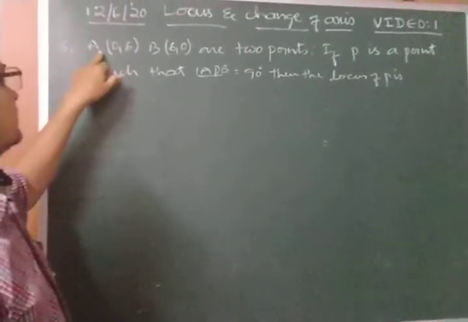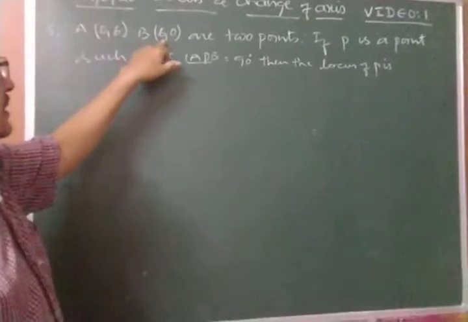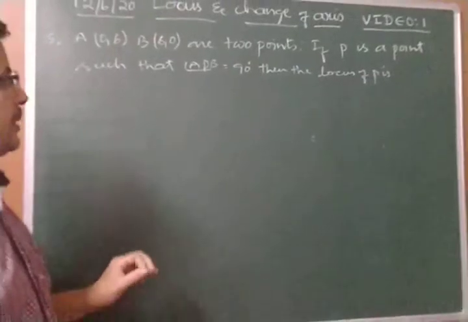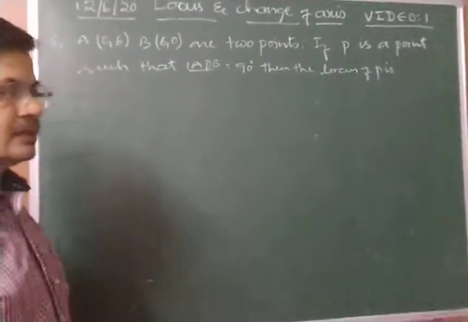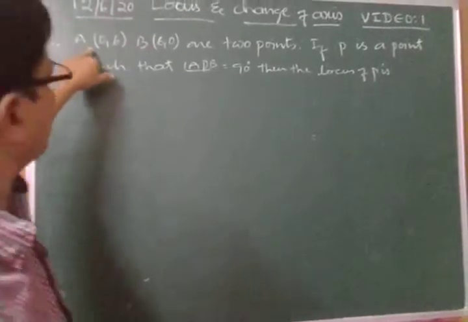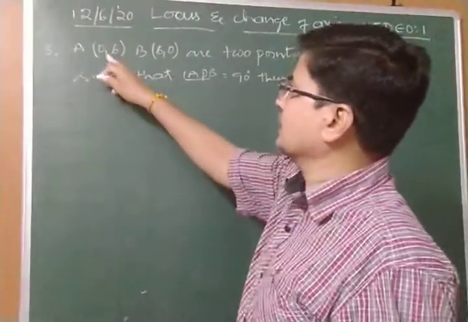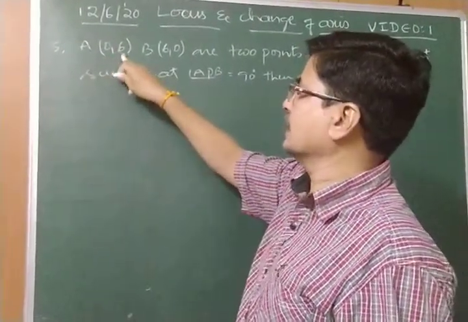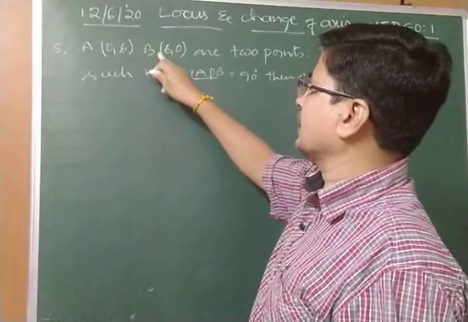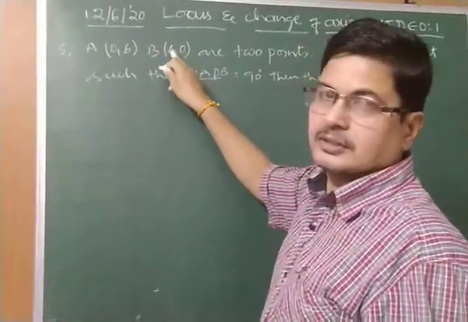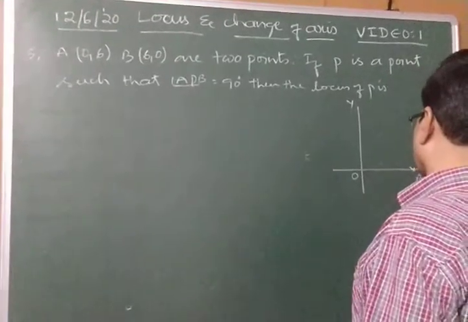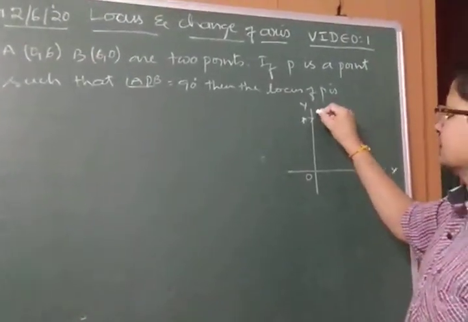Question number 5. A(0, 6), B(6, 0) are 2 points. If P is a point such that angle APB is equal to 90 degrees, then the locus of P is. So given points A(0, 6), this lies on y-axis. Since x is equal to 0, that's why the point lies on y-axis. And B(6, 0), this point lies on x-axis. So we're taking a coordinate axis like this. B is a point on x-axis (6, 0), and on y-axis (0, 6),